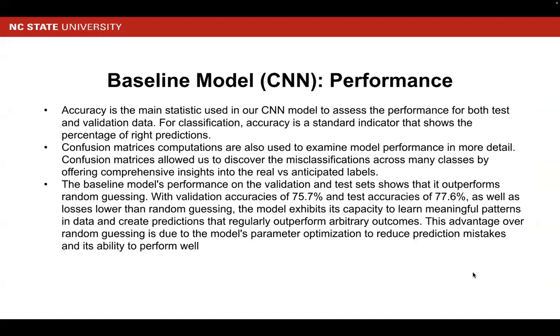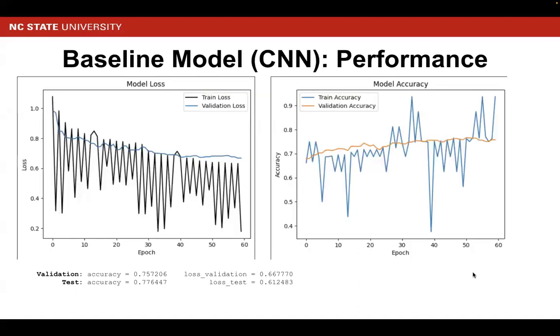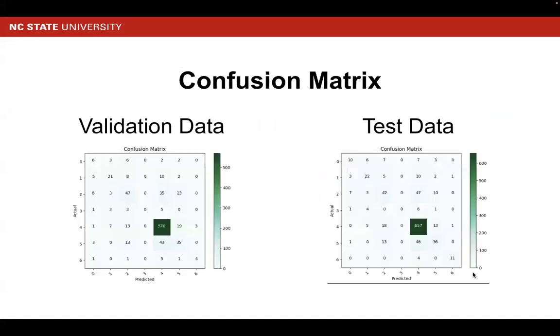We employed the Adam optimizer for its adeptness in adjusting the learning rate throughout the training process, and this adaptability allowed for more efficient convergence to the optimal set of weights. So here are the validation accuracy and test accuracy, which was about 75%, and the loss was around 66% for our baseline CNN model. The confusion matrix is diagonally dominant, representing each class was evident, and all the non-diagonal elements have a low value, indicating that the classification was done quite efficiently.